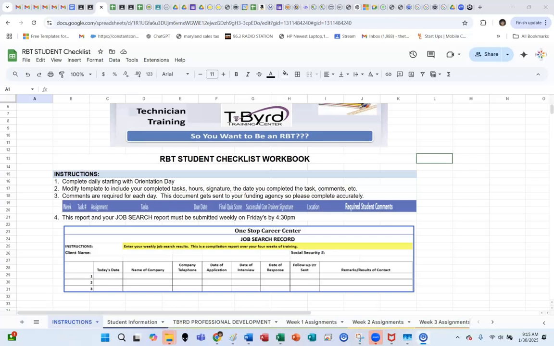Good day. This is a quick tutorial for the RBT checklist workbook for our RBT students. So instructions read, complete daily starting with orientation day. So the very first day of orientation, you're going to enter that information in, and I'm going to show you